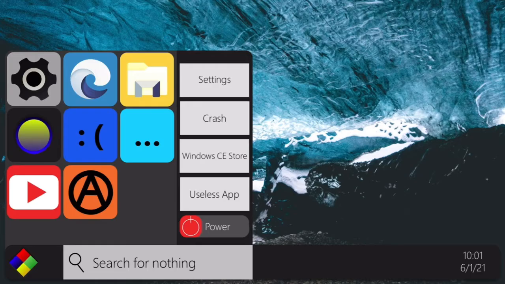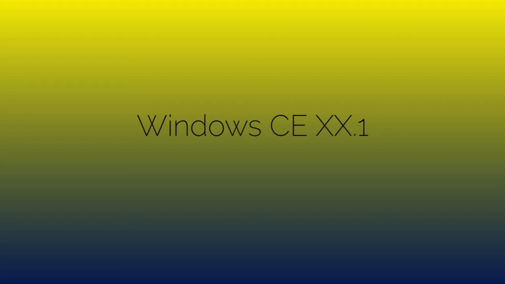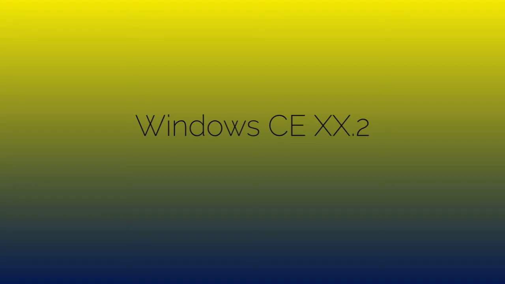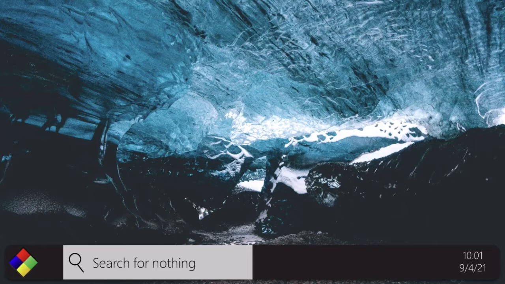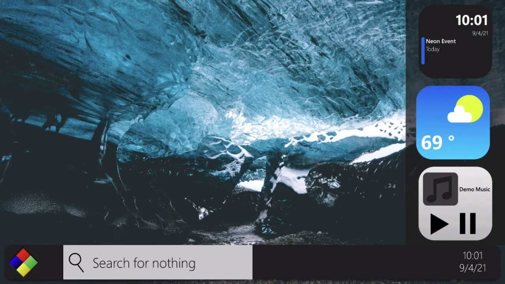So let's start off with number 1, which is Windows CE. We introduced CE 20 back in June, and we're currently on version 20.1, and today we're updating to 20.2. And Windows CE 20 is all about bringing back old things. And today, it's no exception, because today, we're going to be reintroducing... that's right, we are reintroducing gadgets in Windows CE 20.2, and I'd like to give you a demo of it